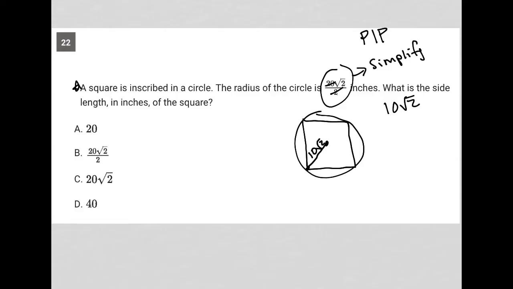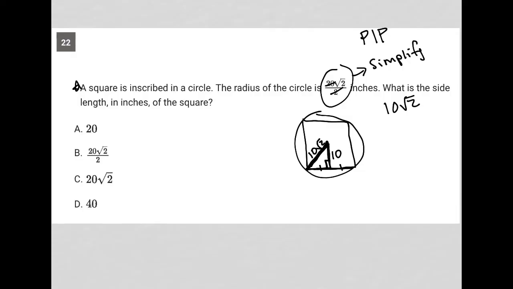What is the side length in inches of the square? So what do we know about this square? We actually don't know anything about the side lengths of the square right now. We just know that this is 10 root 2. There's a couple of ways to do this. I could drop a vertical or drop an altitude here to make a right triangle, in which case I'd split the side of the square into 2 equal parts, and I could figure out that